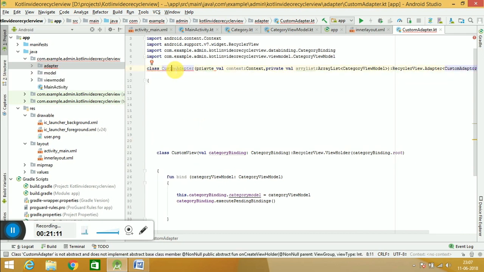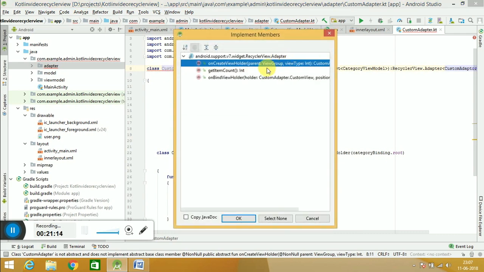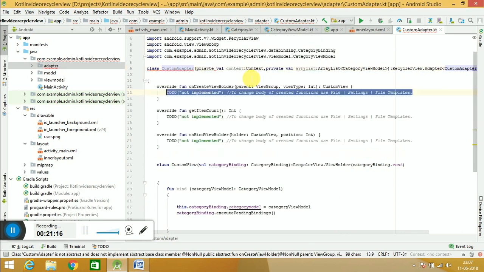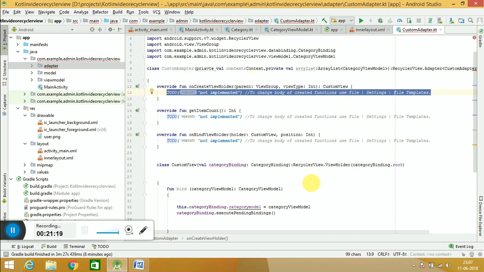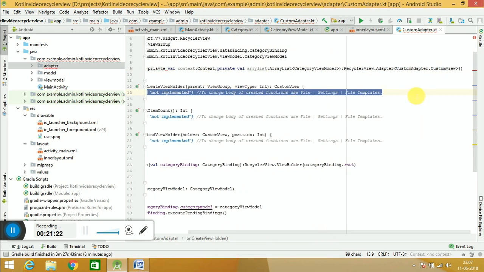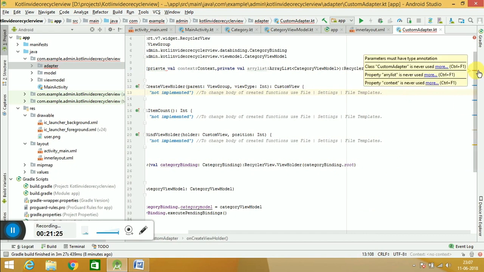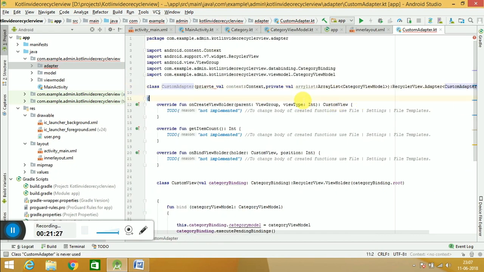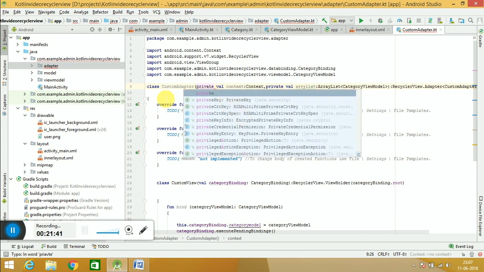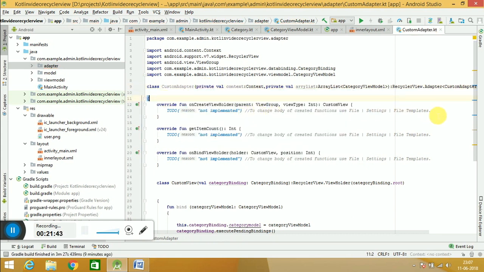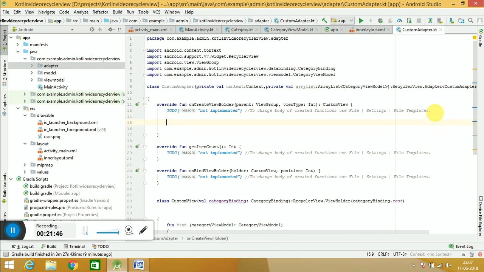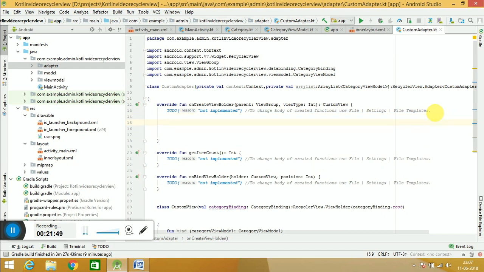And why is it red? Because we need to implement some methods. So these three, now everything is fine. It's a spelling mistake. Sorry. Okay, so on create view holder, what to do generally,